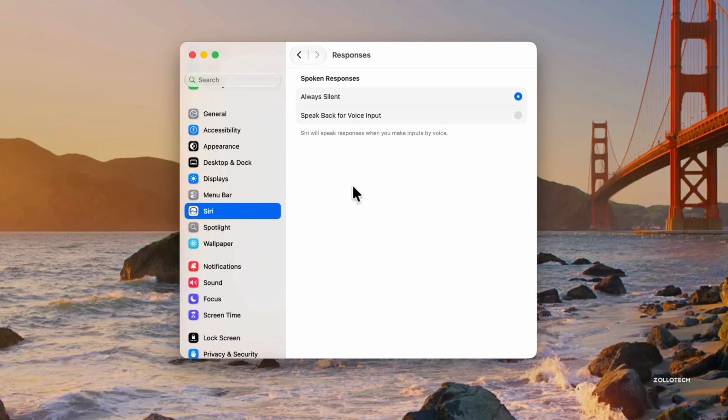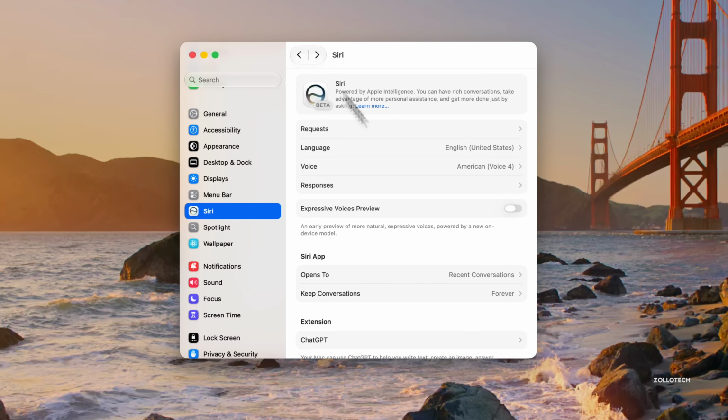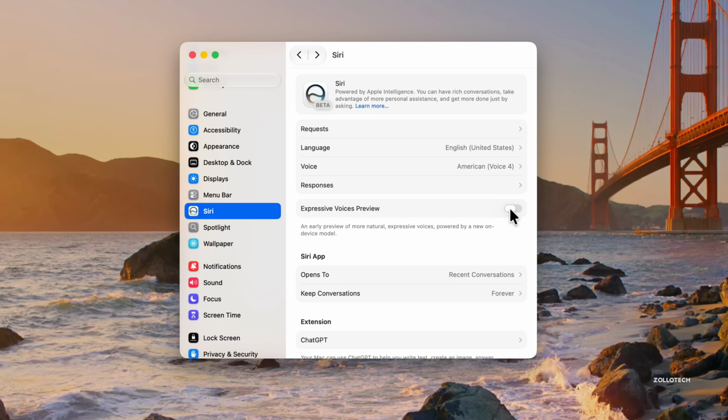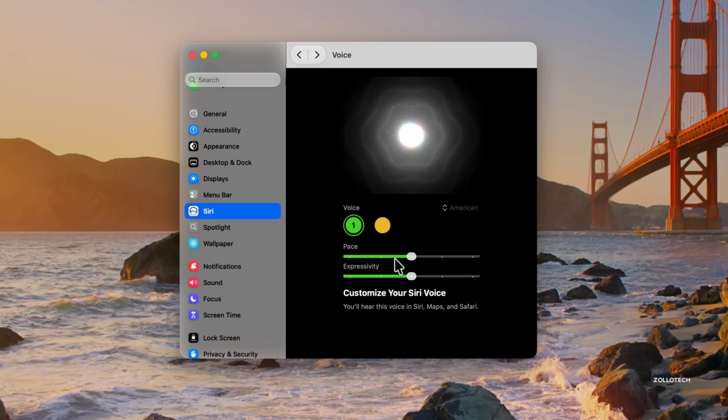So you'll see we have responses, and of course we have those options here, but if we go into our voice, we can select American, and if we turn on expressive voice preview, we can then adjust the pace and expressivity. Here,